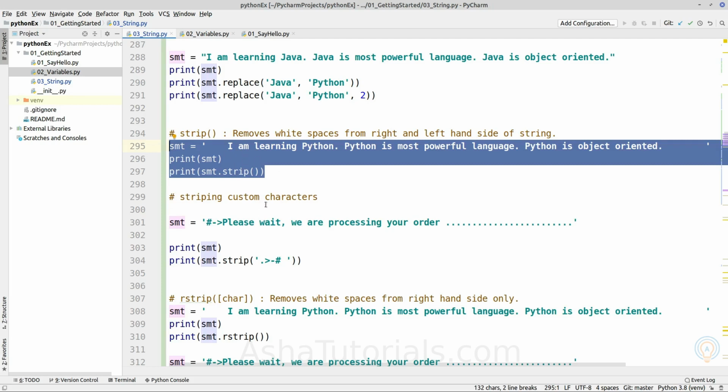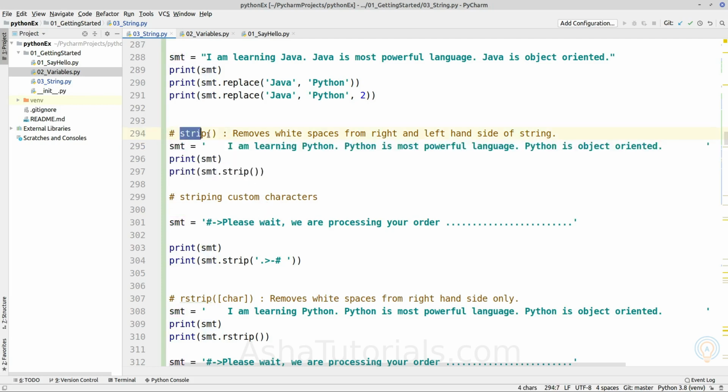Okay, with the strip function, we can not only remove the white spaces, but custom characters can also be removed. So we can also pass the characters which we want to strip from the beginning or the end. For the given string, we want to strip these many characters. So dot, greater than,